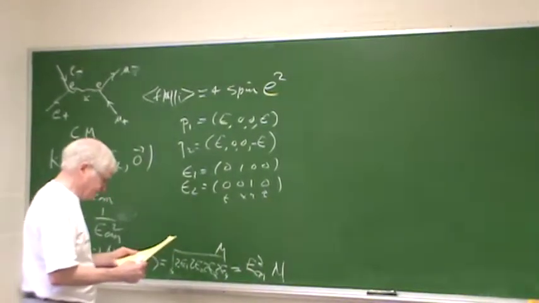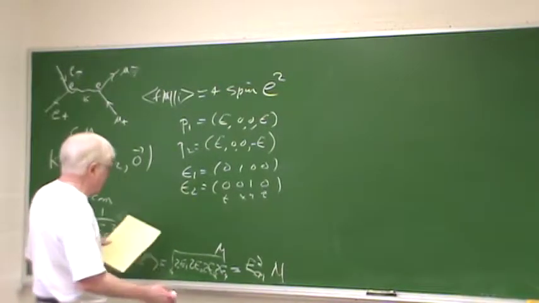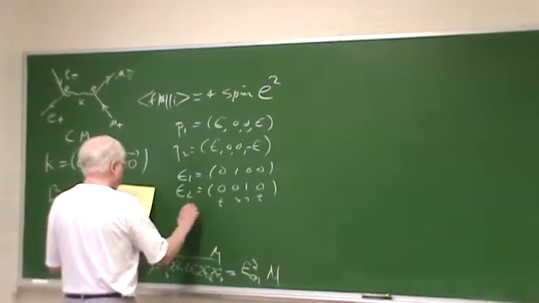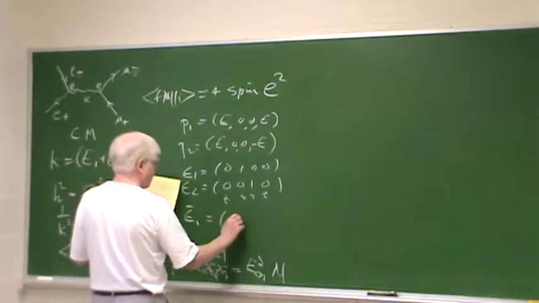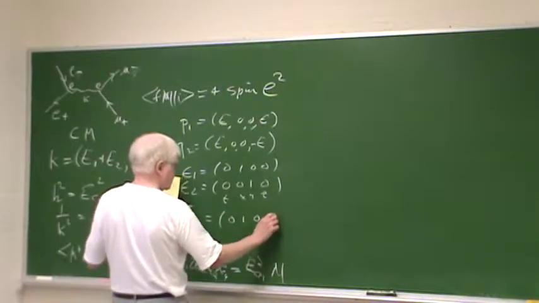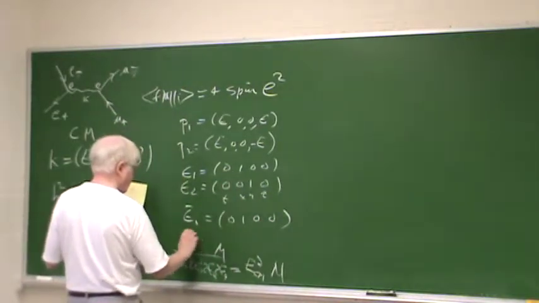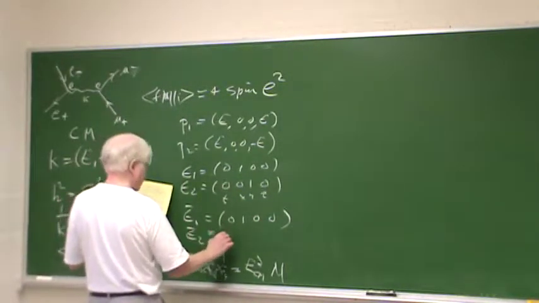And on the other hand, the final state polarizations for the photons, one of them can be in the x direction like that, but the other one is